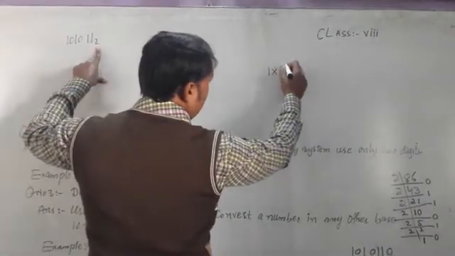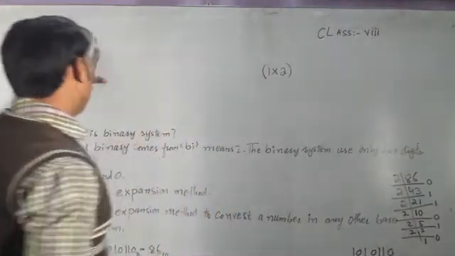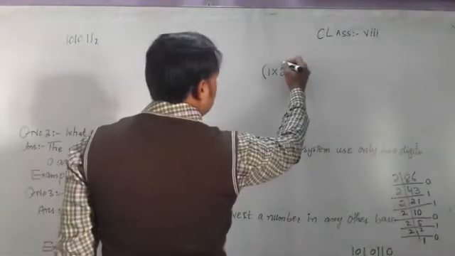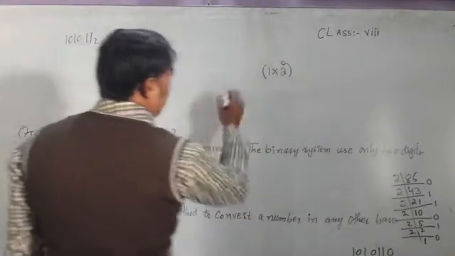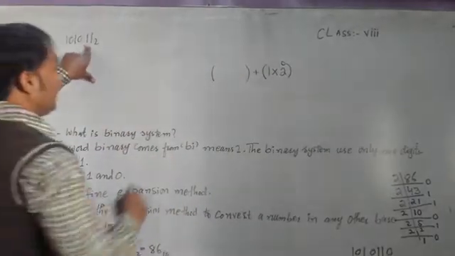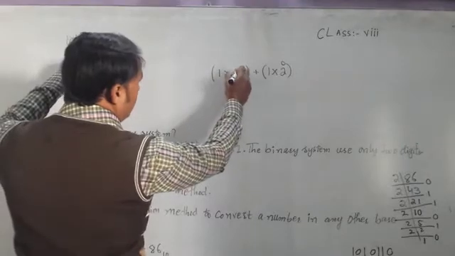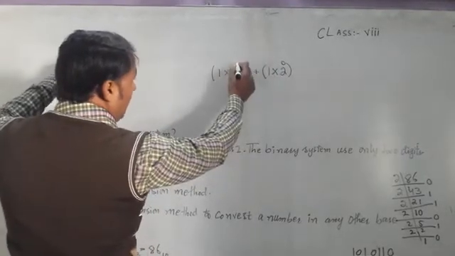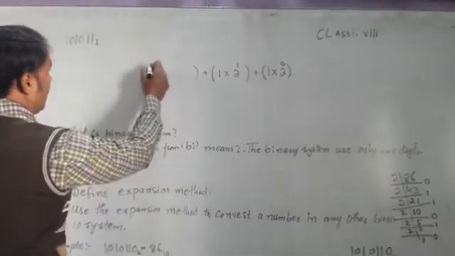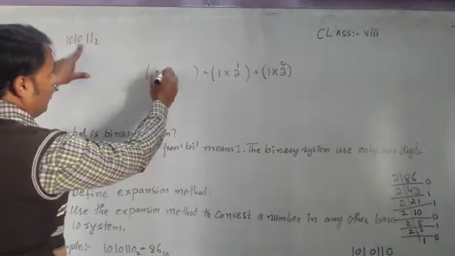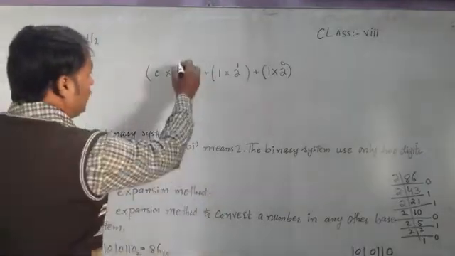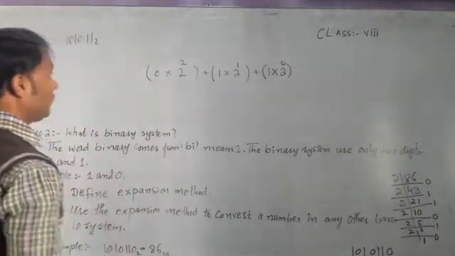here 2, give a small bracket, and where the numbers start from 0, so we write 0 above it. Give an addition sign again. Now which number is starting from here? 1, so write 1 multiplied by 2. Now 0 has been completed. After 0, 1 is coming, so we write 1 plus. Now here is 0, 0 multiplied by 2, and after 1 which number is coming? 2, so we write 2 above it.